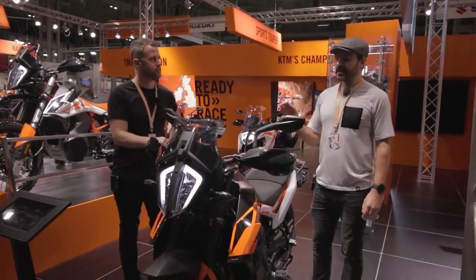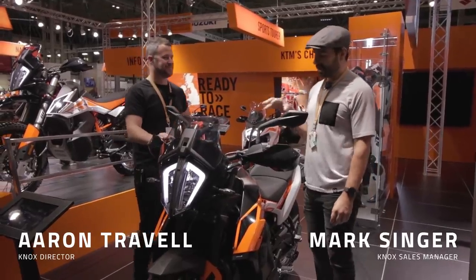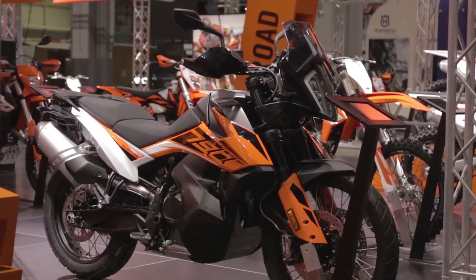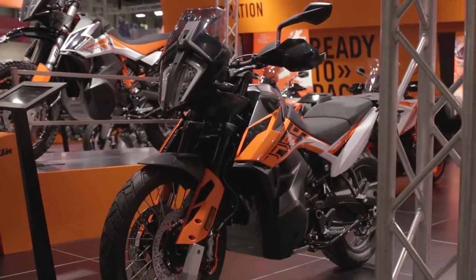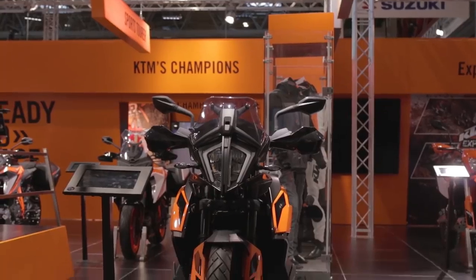So another really interesting bike, certainly for me anyway, I'm not sure so much for Darren, but certainly for me, KTM's new middleweight adventure bike. Their 790 Adventure, which is their road variant, and the Adventure R, which is more off-road biased, which we've just got behind us. This bike has been produced in response to KTM's existing customer base. They've been screaming out for a lighter weight,